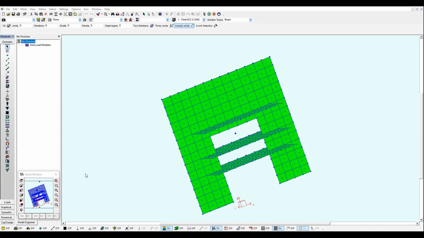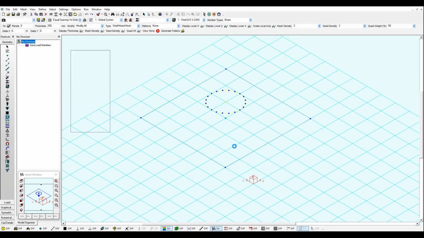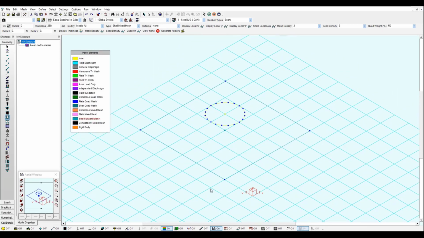And now let's take a look at our last example, a panel with a hole. We have a 6 by 6 meters panel, and the hole is 1 meter radius, and there are 20 links along this circular hole. Just to give you an idea of how I created these panel elements,